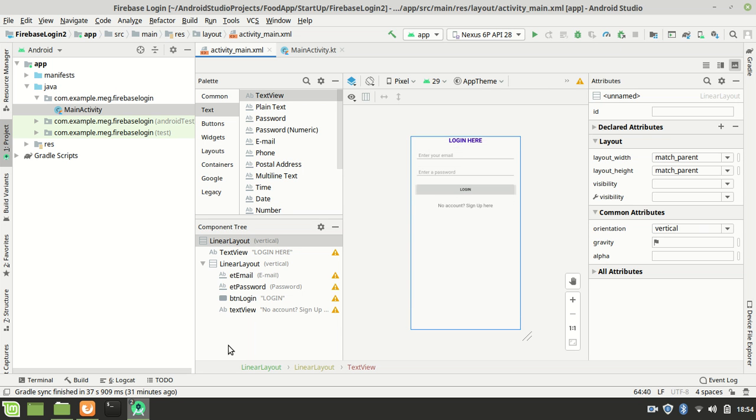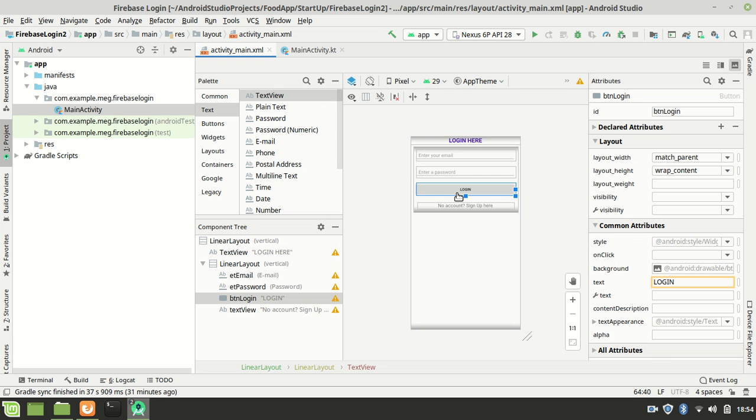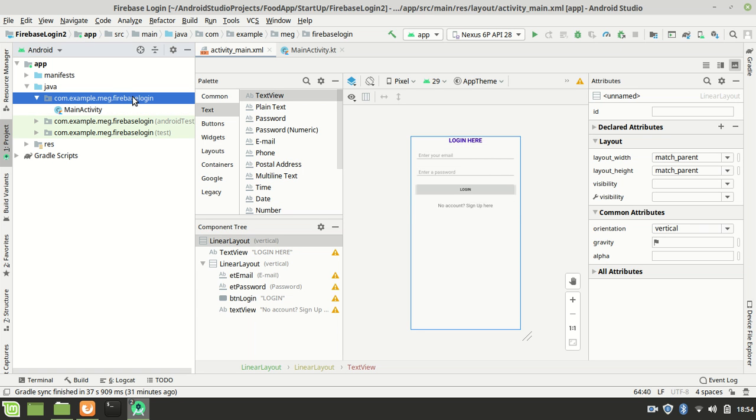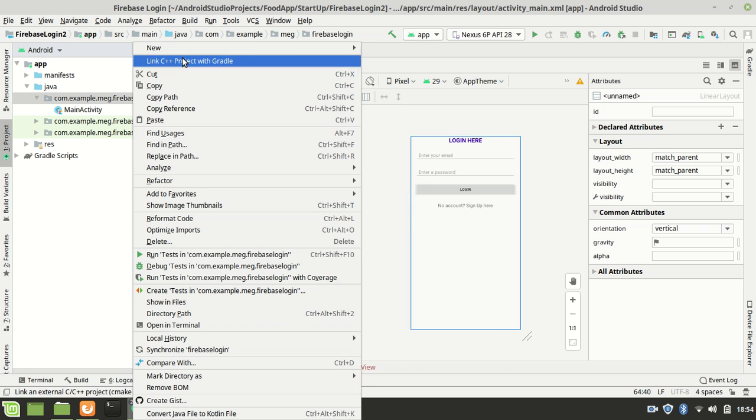So now you have your form ready there to log in, so everything is ready for the front end of this. So now we are going to do the sign up part. So for the sign up, we're just going to create another activity. So we'll come in and say right click the activity, say new,